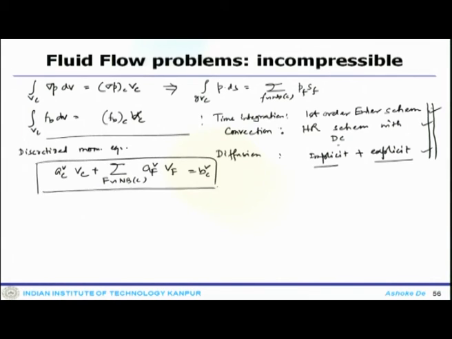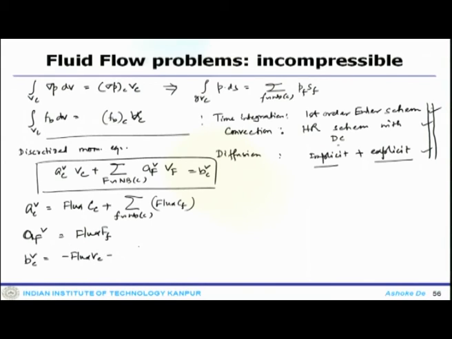Here the V superscript stands for the vector, and the coefficients are given by a_C^V is flux_Cc plus the summation over faces of flux_Cf, and a_F^V is flux_Ff, and b_C^V is given as flux_Vc minus the summation over NB(C) of flux_Vf plus the summation over NB(C) of mu_f del V_f transpose dot Sf